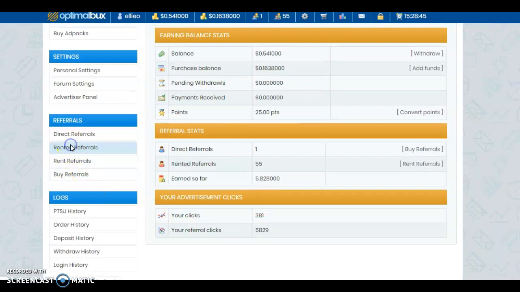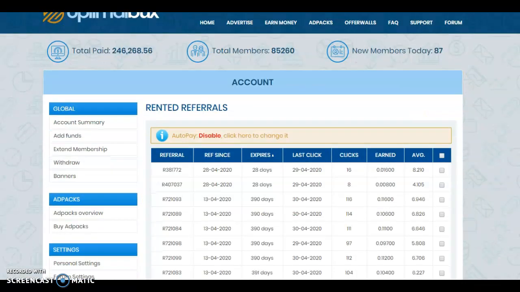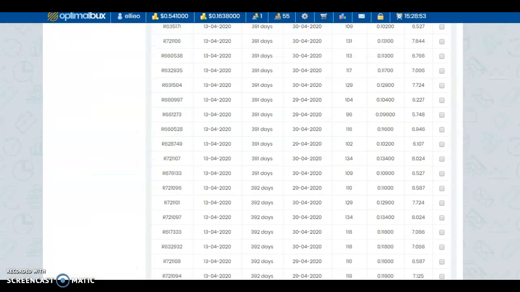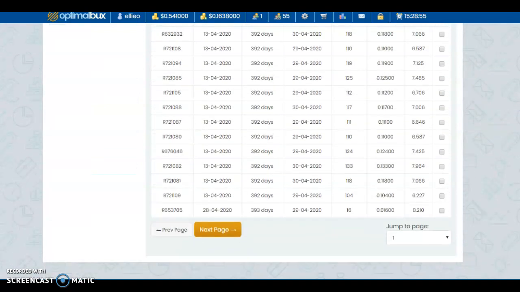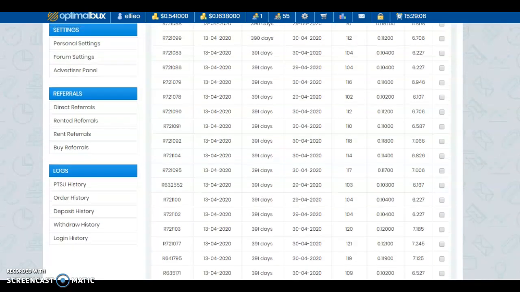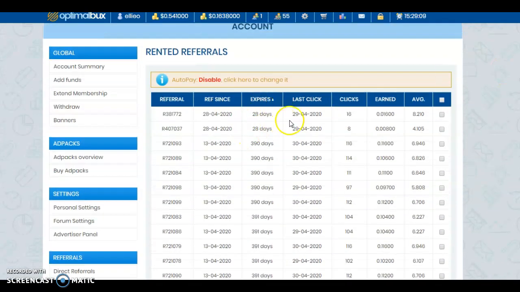So I have added, well, actually it's 55 rented referrals I now have on my account. So these are all the rented referrals. And you will notice here that all of these ones are extended by over 300 days. And that's because whenever you first get them, you will have them for 30 days. So these two are just newly added onto my account. I haven't extended them yet. The other ones, I used the money that I deposited and I extended them for